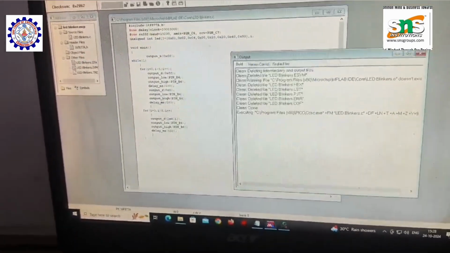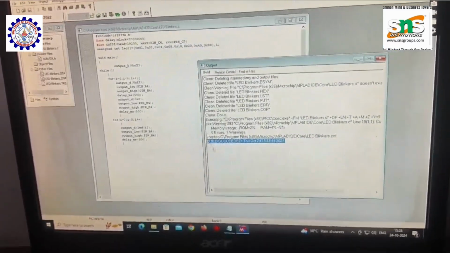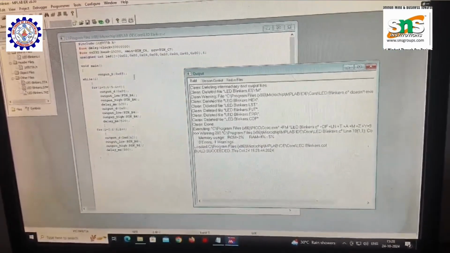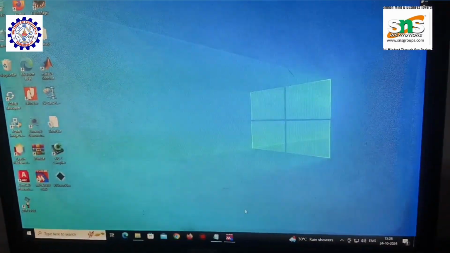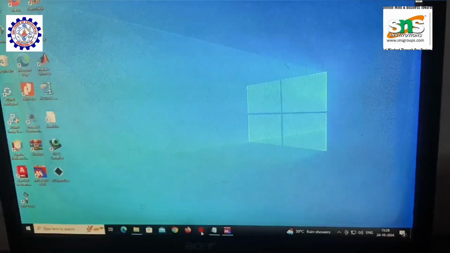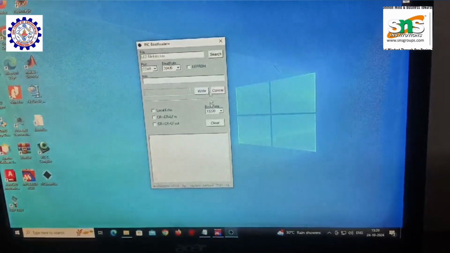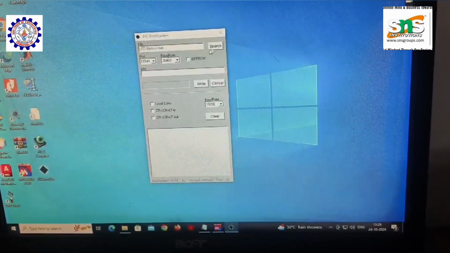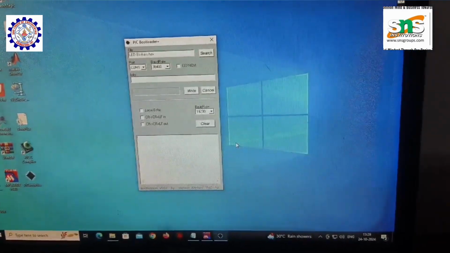Select the communication port whichever is applicable for your system. For me it is communication port 1, since I am connecting it through a cable. Then we have to make sure that the switches are in